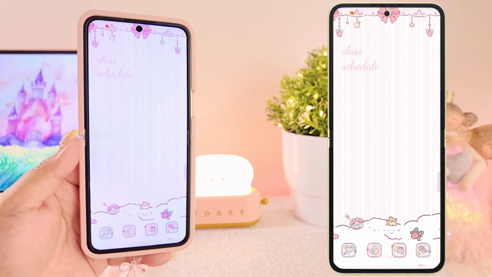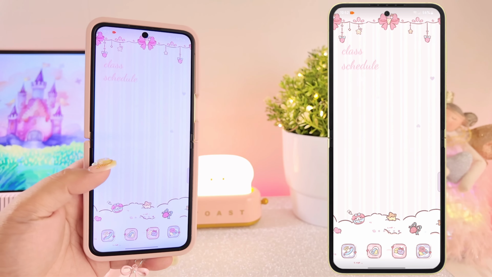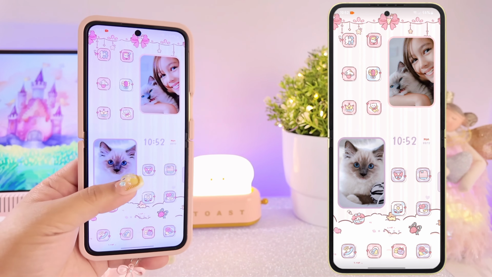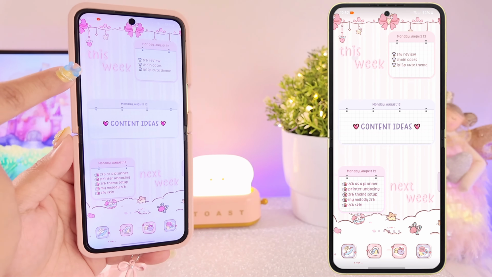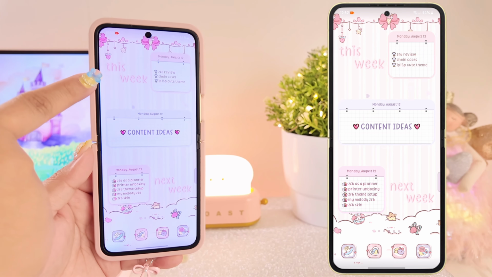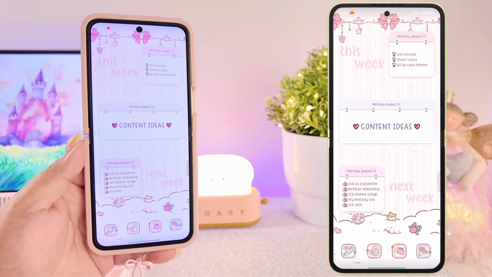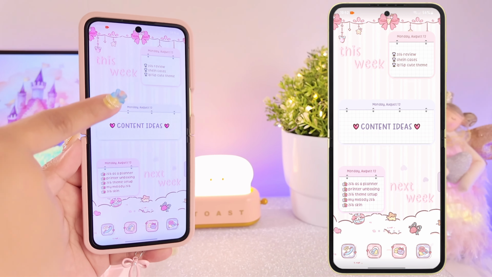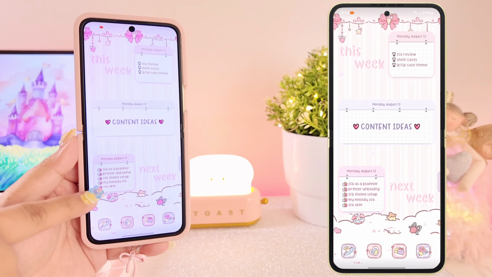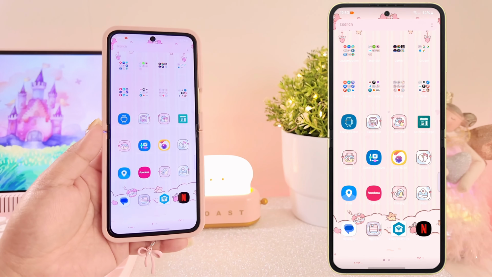So now let's just click save, and this is how it looks. So basically all of the labels you can see here on my home screen, these are all from the KWGT Pro widgets. So next, let's talk about the iScreen. So as you can see guys, I have all these notes widgets. So these are from iScreen, and I'm going to show you guys how I set up the colors and the